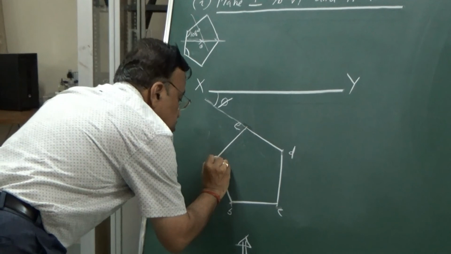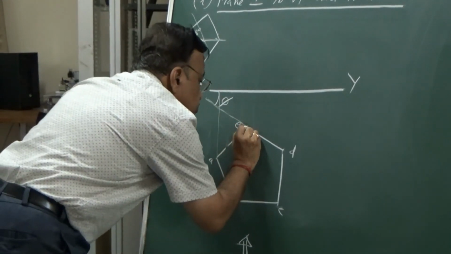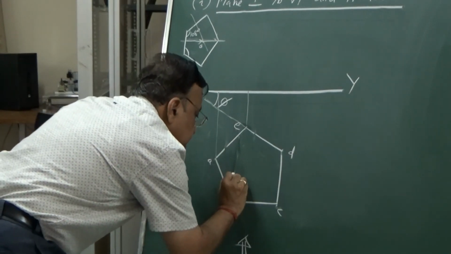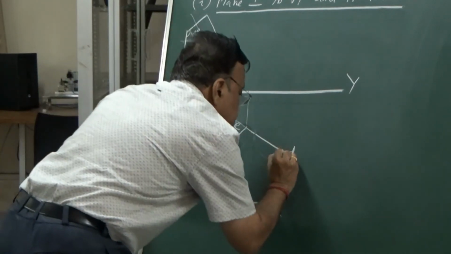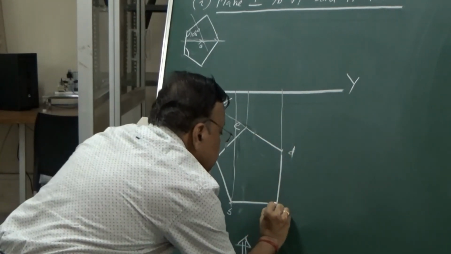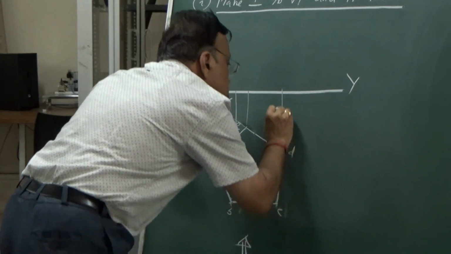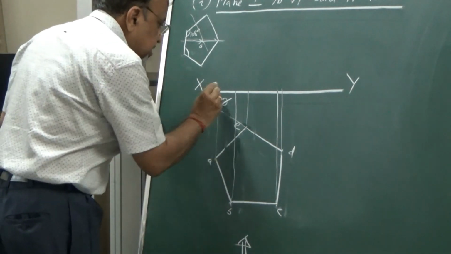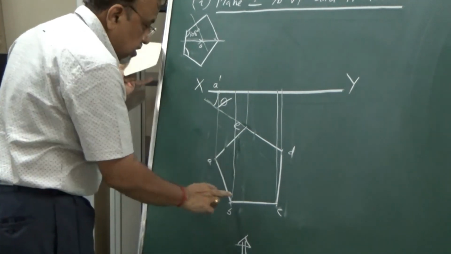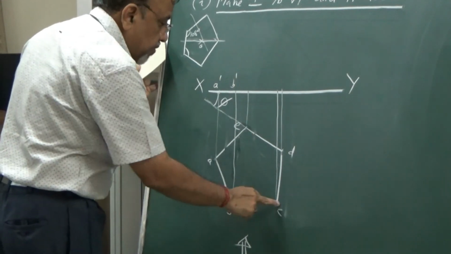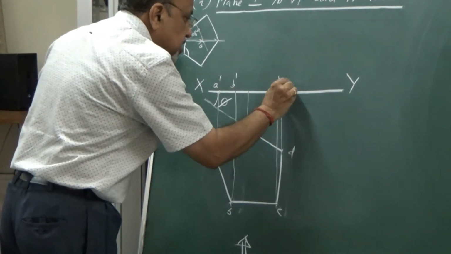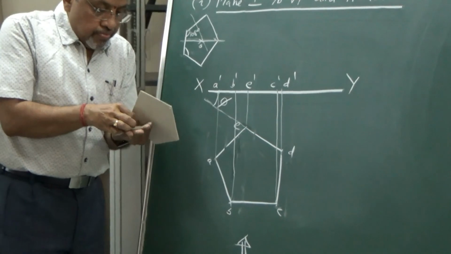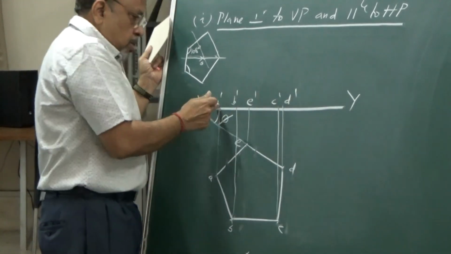So as usual I need to draw these projectors. First draw all the projectors, and remember, all the projectors should be as light as possible. That is very, very important. Okay, let's say these are the projectors. Now indicate the points. This is A, so this should be A dash. Then we have B, B dash. Then we have C, C dash. And again, remember, XY line, lamina.